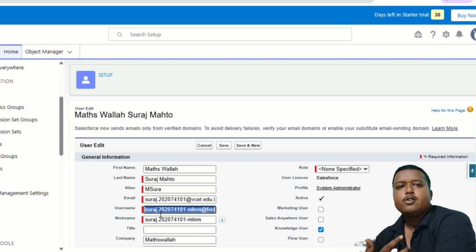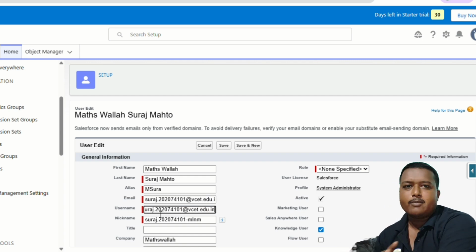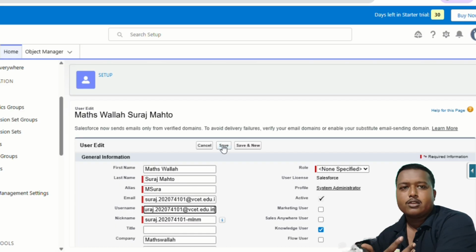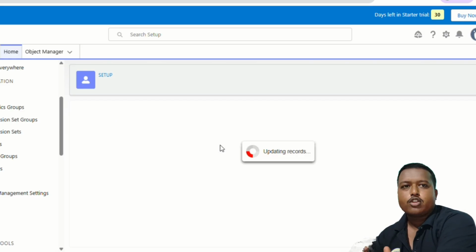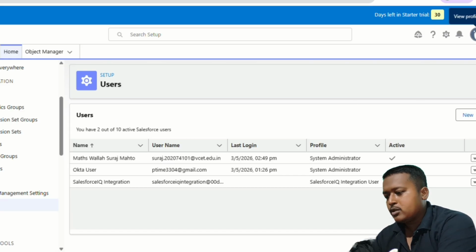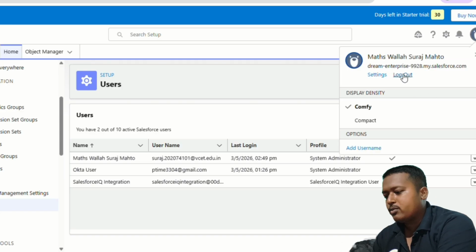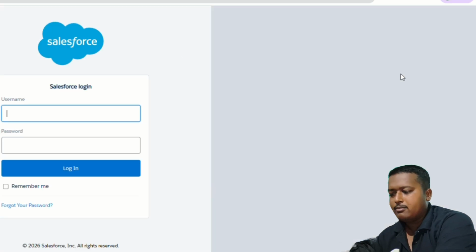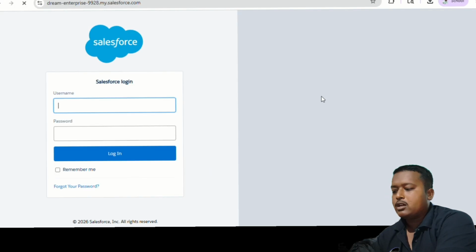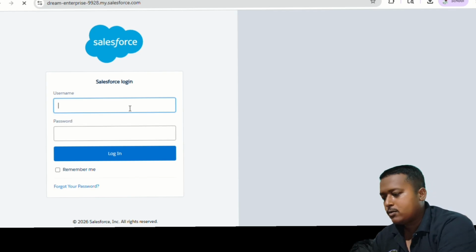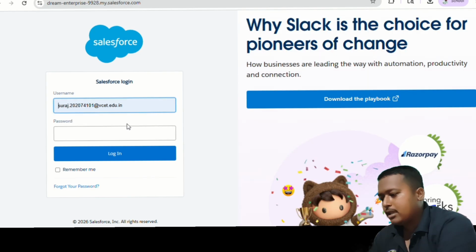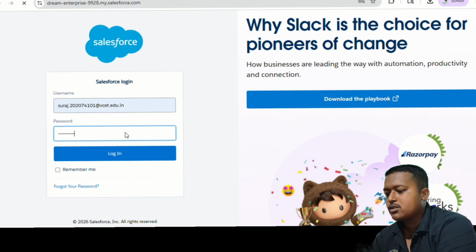Also, in future we are going to see integration of different portals, so it is really helpful for me to maintain the same email across all the portals. Okay, so after that I will try to log in with my new user email, which I have set now. I have entered my email and now I am entering my password, and after entering my password, I have been logged in. As you can see, I have the dashboard of Salesforce.